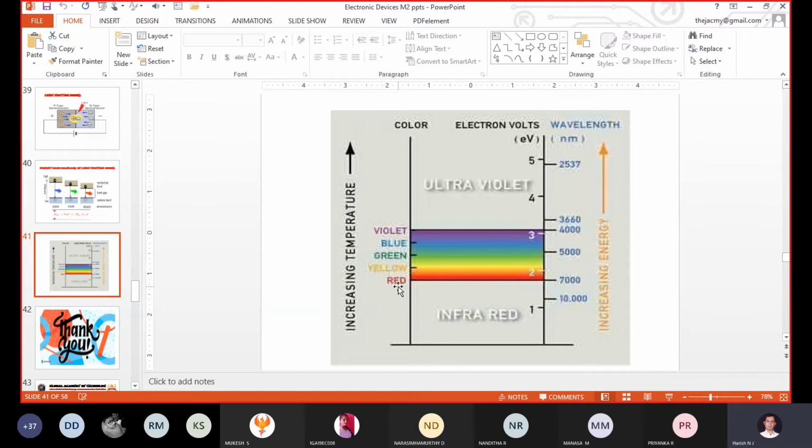So starting from the red color, that type of material has less energy gap, more than 1.8 electron volt. Keep this in your mind. A material with a huge energy gap will produce violet colored light. The energy gap is equal to 3 electron volt, or greater than 2.5 and less than 3 electron volt; such material will produce blue or violet colored light. It is clear. Up to 1.8, even that material will produce light, but that light is in the form of infrared frequency.